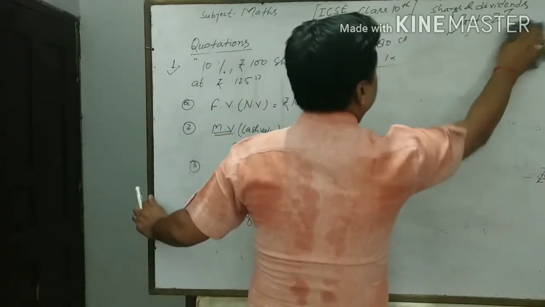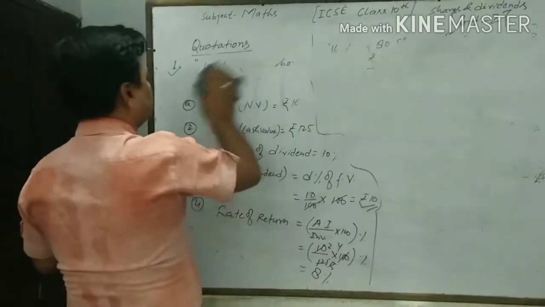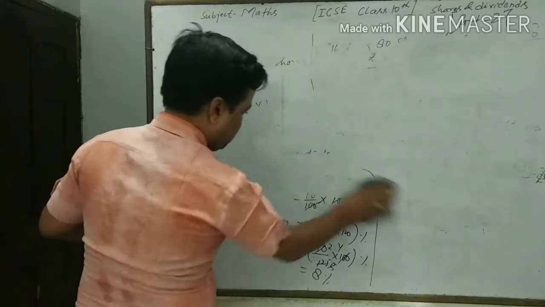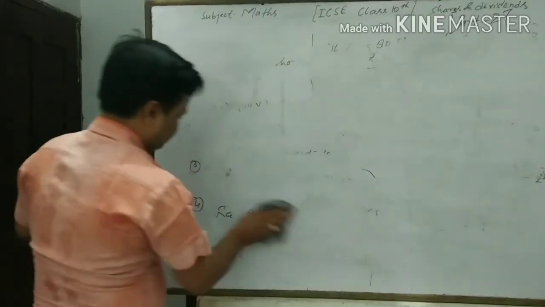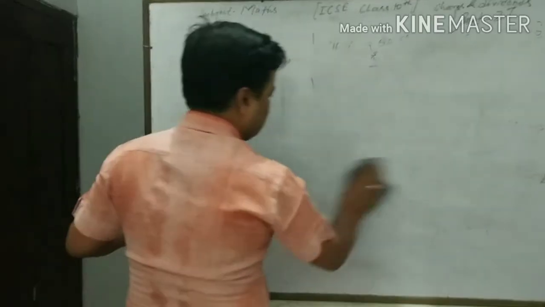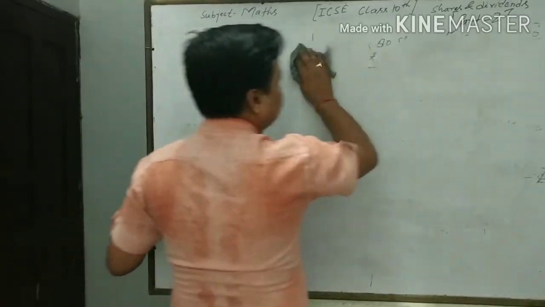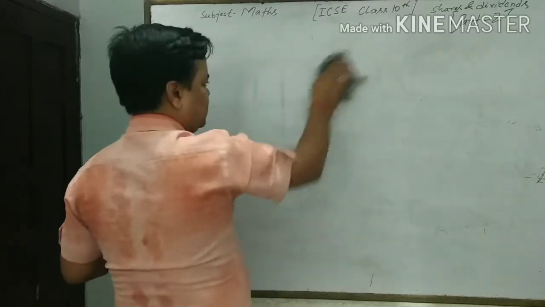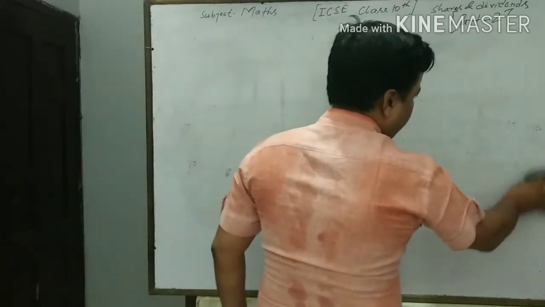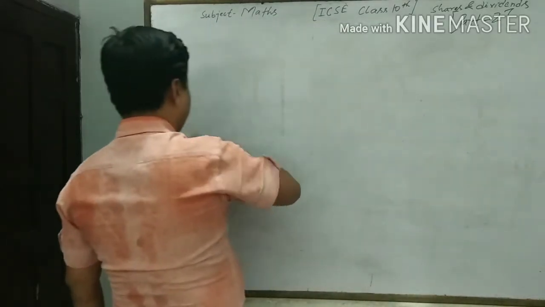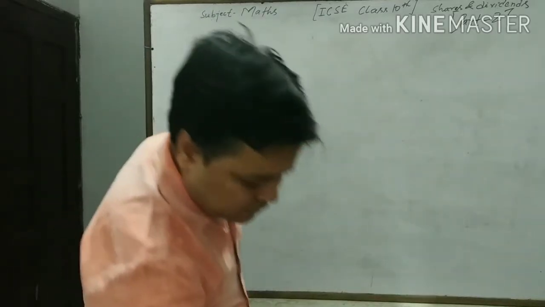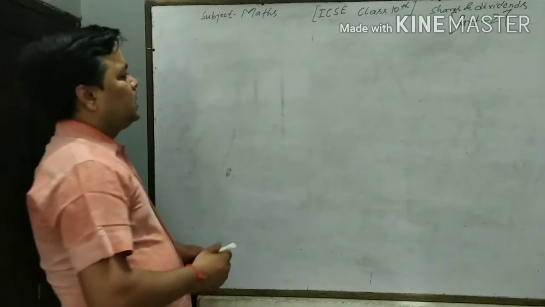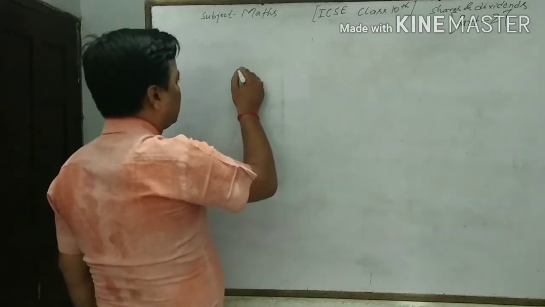Now the next thing we should discuss is the formula. Let us see about the formula. It is very important. There are maximum 5 formulas in shares and dividends, and only on the basis of those 5 formulas we can calculate maximum portion. I think 100% portion. So we will discuss the formulas now.